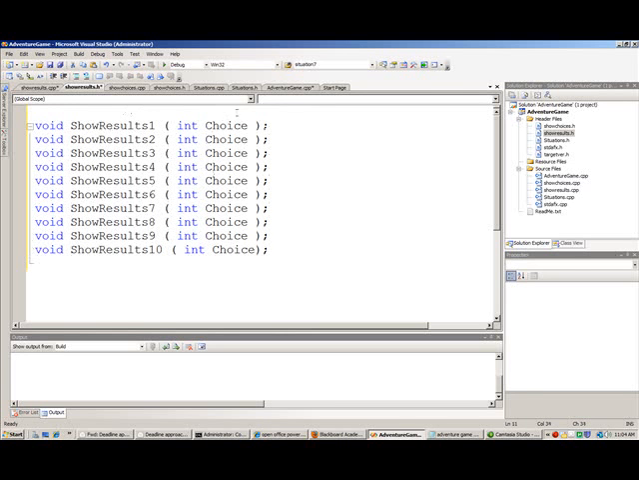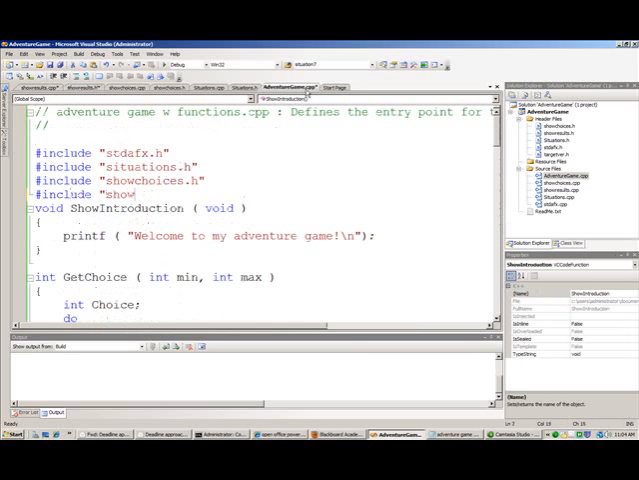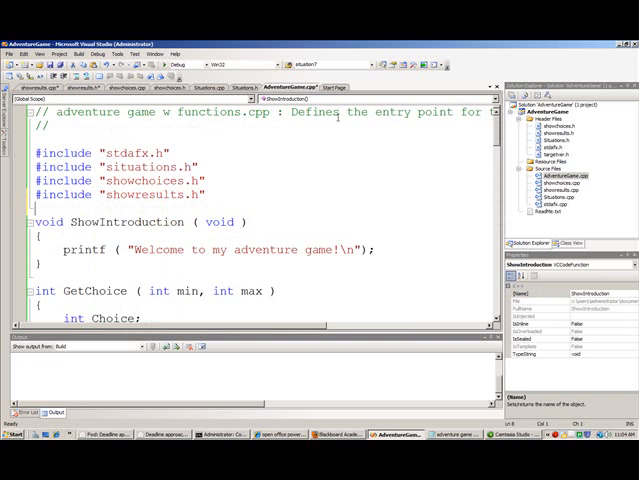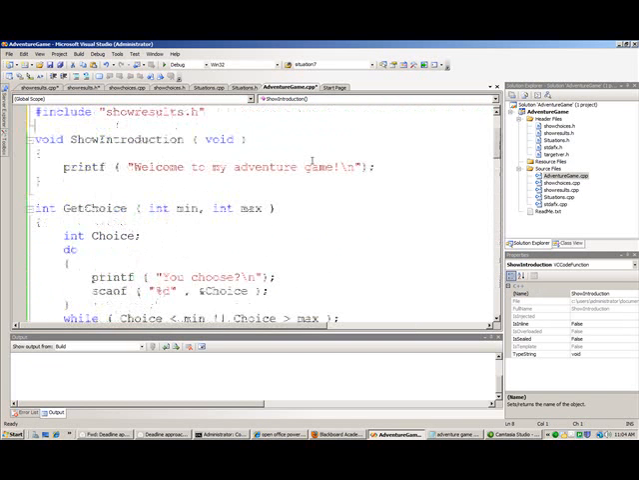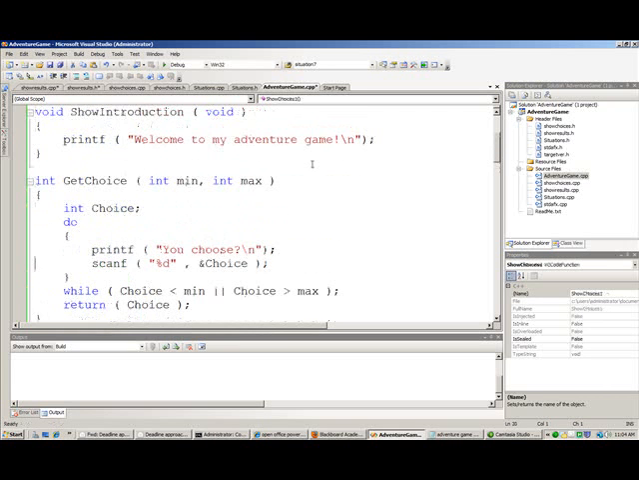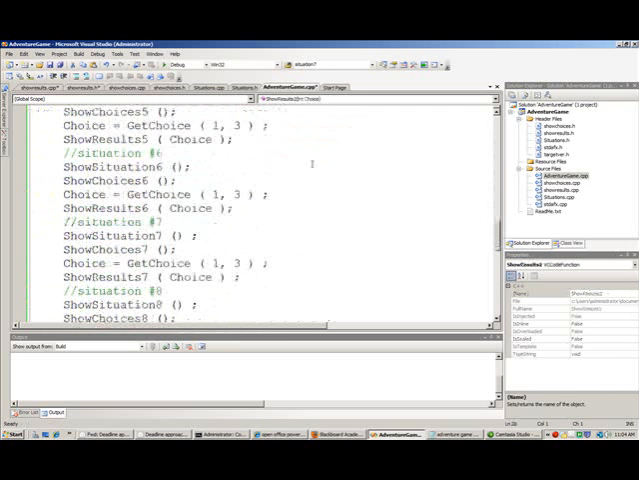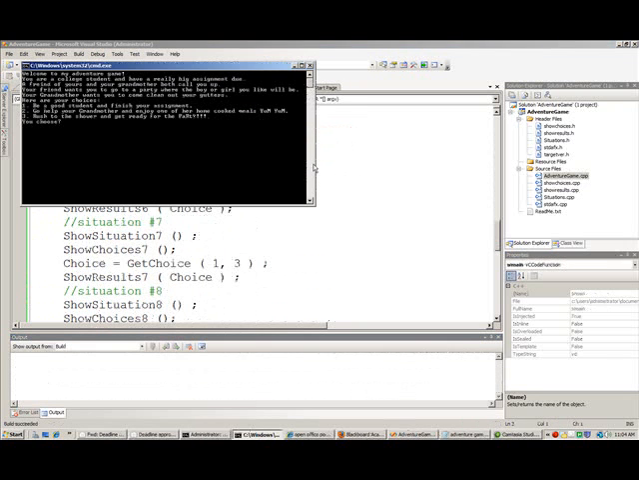Okay, good. Now I go back to Adventure Game. I have to include show results.h, and let's scroll on down and look what our program looks like. Ooh, that looks pretty easy to understand, right? See how short this program is? If I just kind of scroll through there, there's almost nothing to it. Compile that guy. It works the same as it